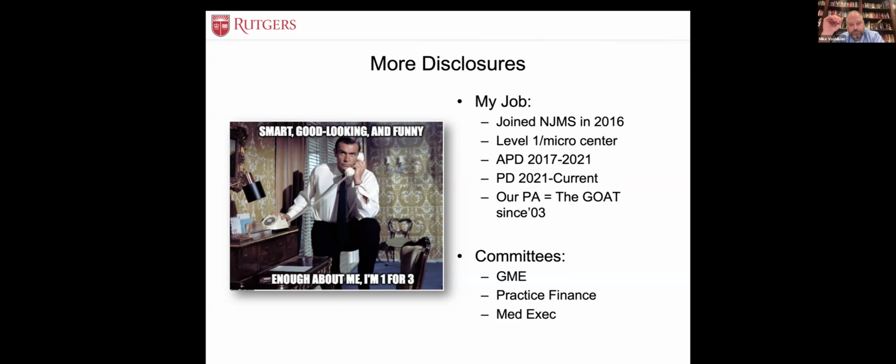So that's not ideal. I joined Rutgers, New Jersey Medical School faculty in 2016. And because of a good case of Stockholm syndrome, I'm still there. We're a level 1 and micro center. In 2017, I became the associate program director and have been the program director since 2021. And another disclosure is our PA, who's been there since 2003 in the hand division, is I would argue the